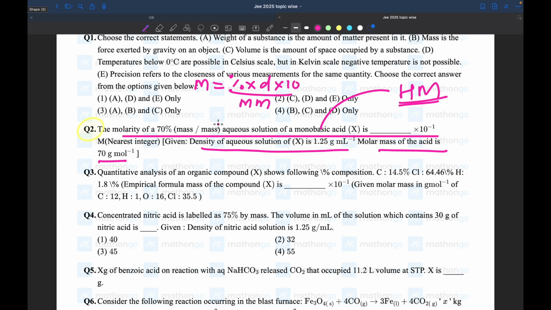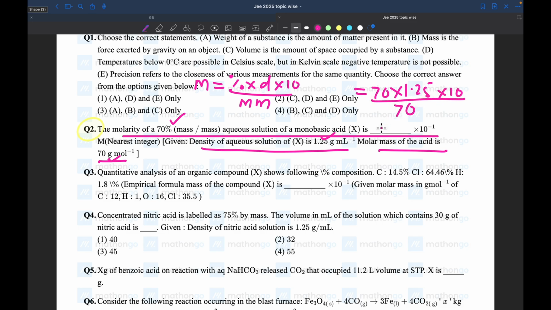Everything is given: percentage, density, molar mass. Just divide, that's all. So 70 into 1.25 into 10 by